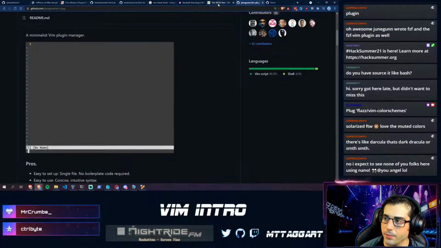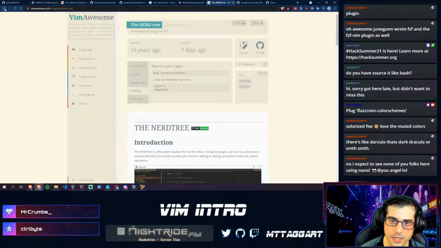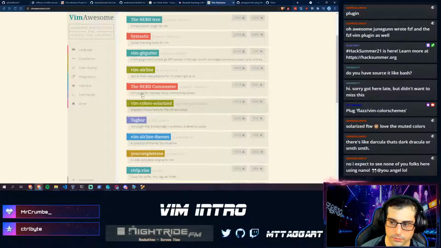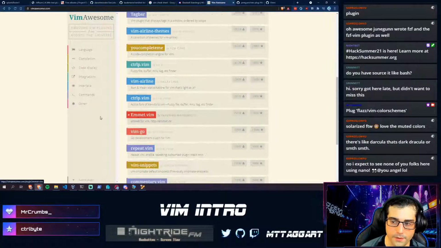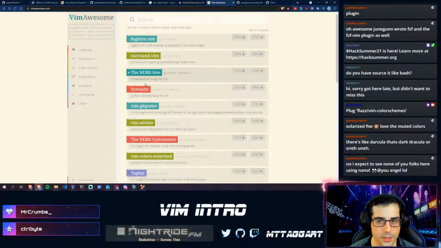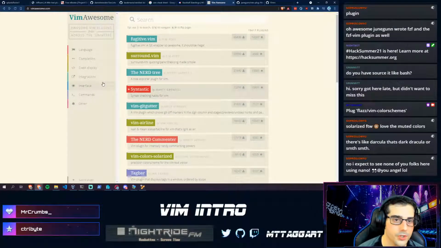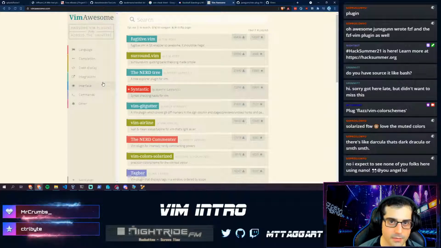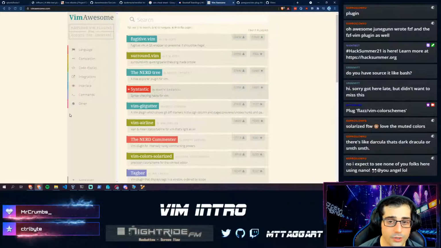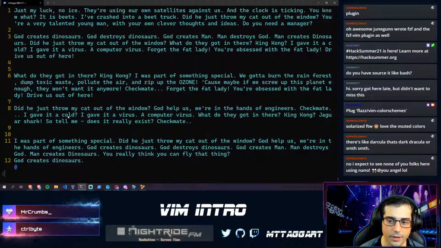But yeah, play with Vim Awesome and look at some of the options there. Look at some of the most popular ones. All these are good, right? For whatever you want. And then eventually you'll get your Vim kind of working the way that you want. And obviously for a server, especially for a VM that you might spin up and spin down, not all of this is necessary, but a couple plugins might be helpful, or just configurations in the vimrc that would really help you out. For example, one that I would really recommend is